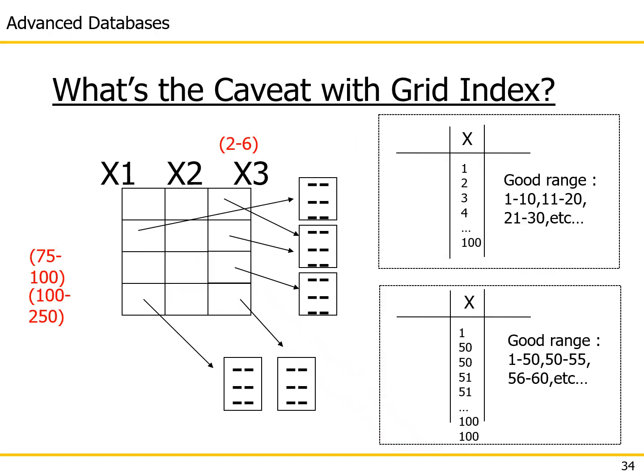Now, what's the issue with the grid index? If this is such a great data structure, why do we have anything else? This is working in 2 log n plus some k processing. In fact, I would even modify my performance analysis here to say it's not going to be exactly 2 log n. It's going to be some 2 log m plus some k processing, because if we work with ranges,